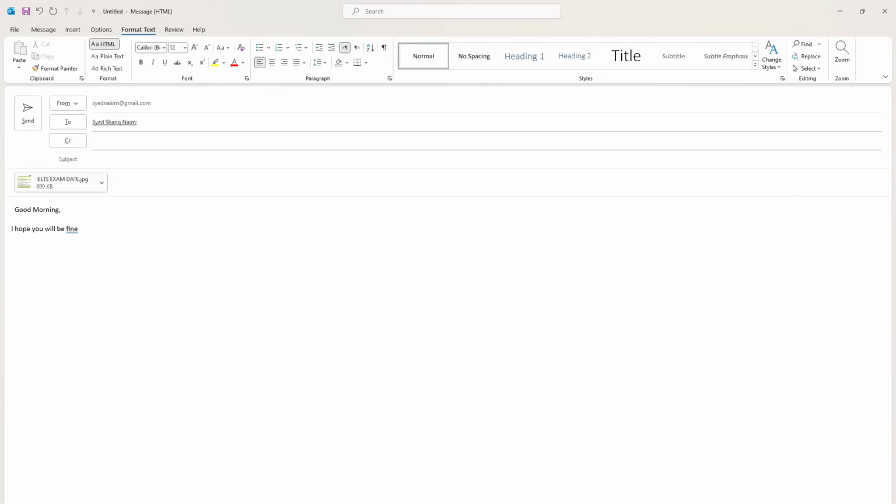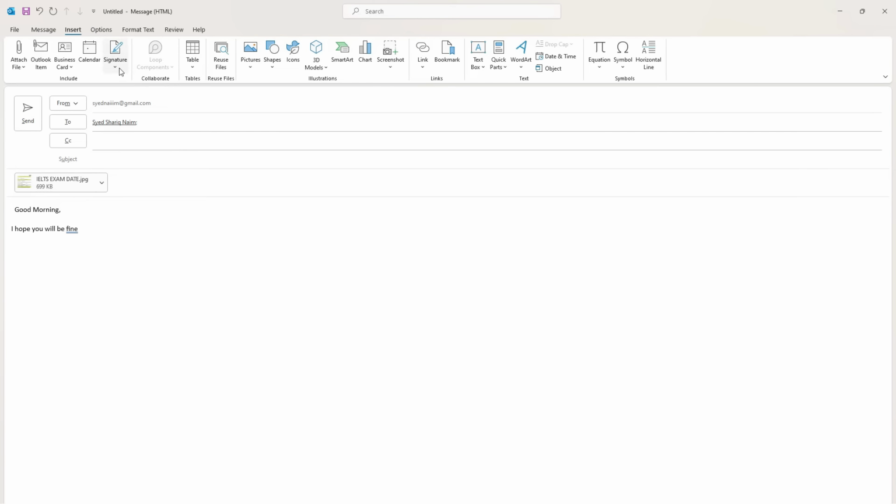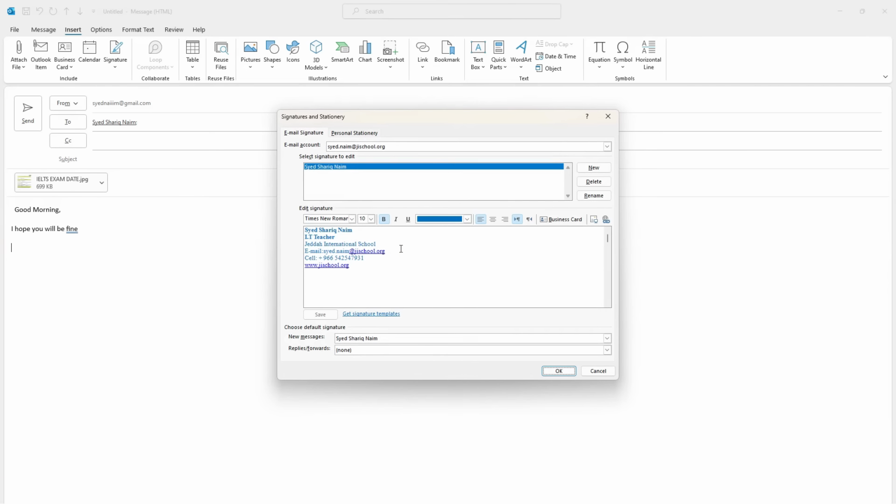Okay, you write the text here, and after that you may want to create your signature. So you will go to Insert and you see there is a Signature. When you click on Signature, you can create a new signature. Suppose I created this one already, and I want to create a new one. So I write here my name. Here I can give my phone number, mobile number, or whatever I want.